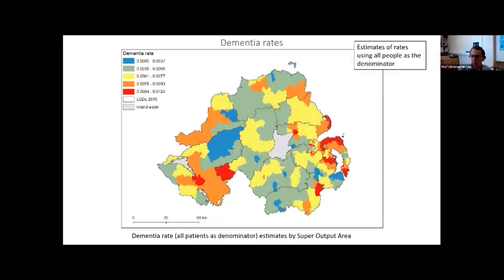It's just that we're dealing with very uncertain data. This is using everybody as a denominator, so our rates go down. So our largest figure is in effect 1% if we included everybody, but that's not ideal either. So there are a variety of different things that we could do, but these are best initial estimates. But I'll talk about some other approaches that potentially we could use in trying to look at these issues.